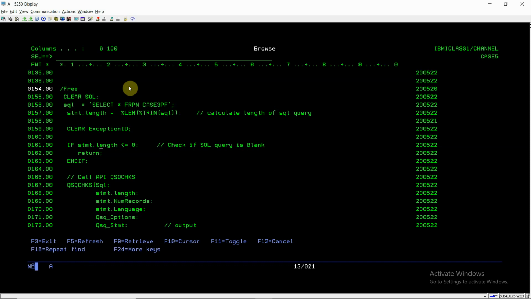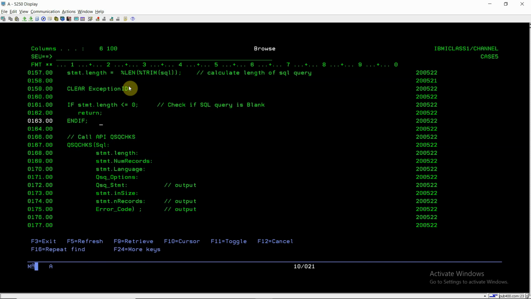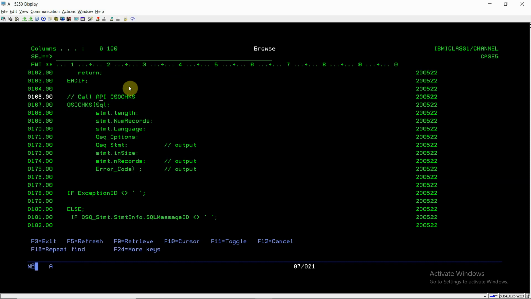If statement.length is less than or equal to 0, then we return from the program, as no SQL is inputted to the program or passed to the SQL variable. Now we are calling the QSQCHK API, where we pass the SQL, then length, number of records to be scanned, language standard, QSQ_OPTIONS, and QSQ_STATEMENT, which is output.